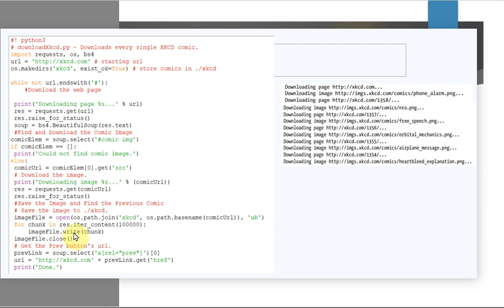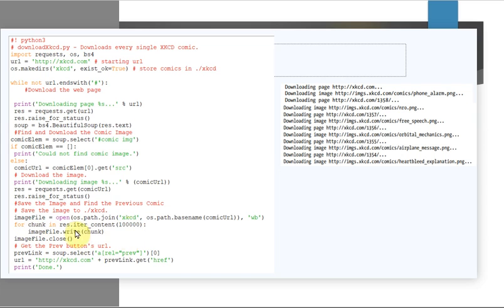In the requests module, you have res, which is your response object, and we are using the method iter_content. When we use the requests module to download from a particular location, it can be a large file. In that large file, we consider only chunks of data. In this case, 100,000 bytes of data will be written at a time.